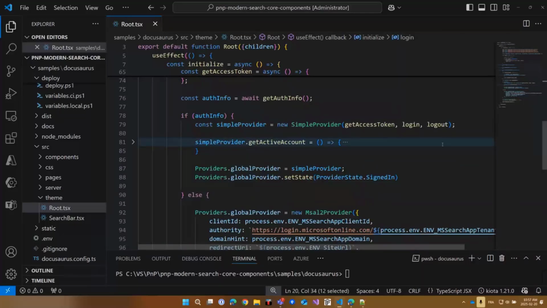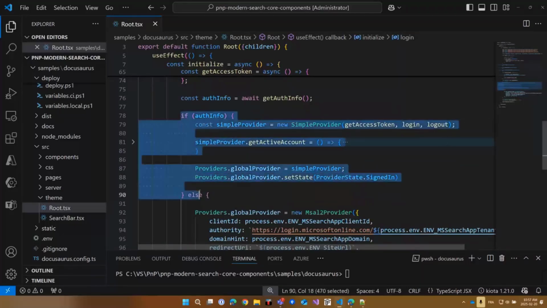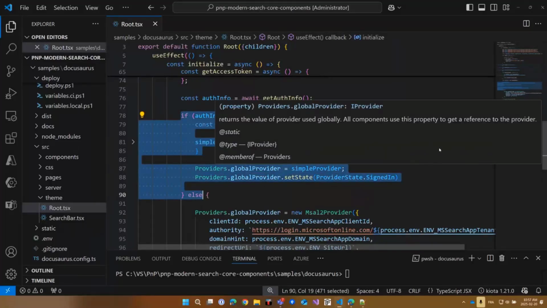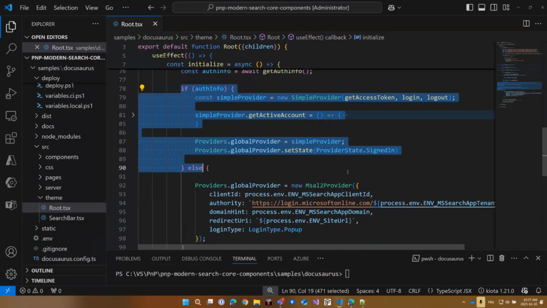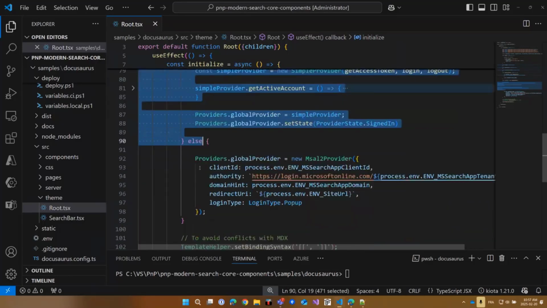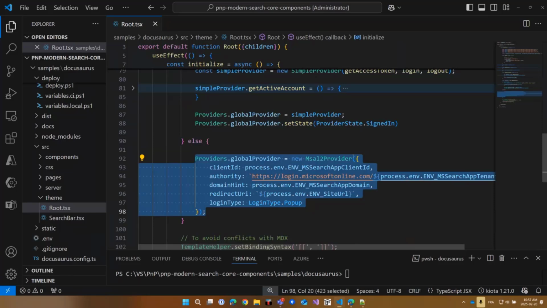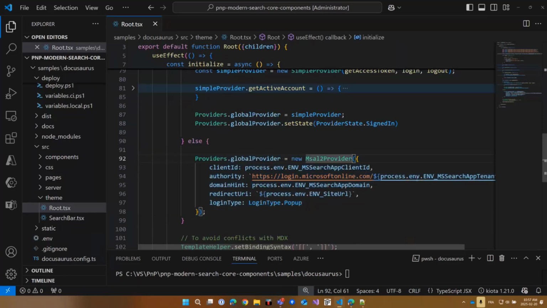And we set that provider globally. That is in the case if we are behind the EasyAuth feature, like a web application. In the local scenario, we are just using the MSAL provider, the default one from Microsoft Graph Toolkit. So we have a sign-in button, and the authentication is handled, like I would say, manually.